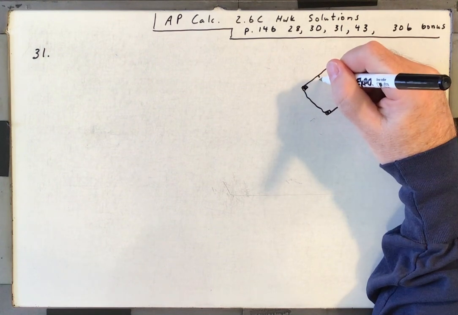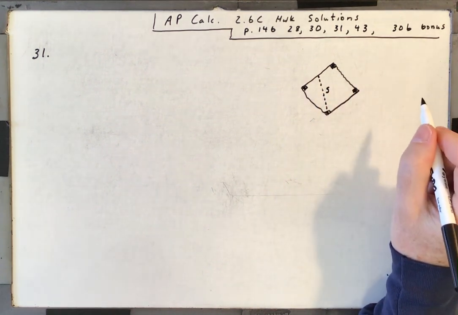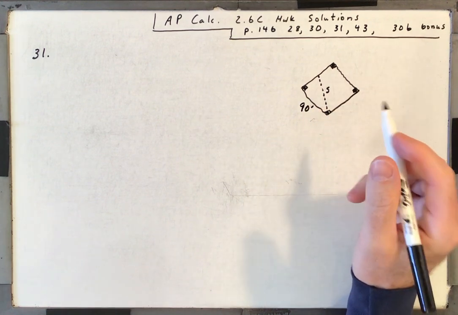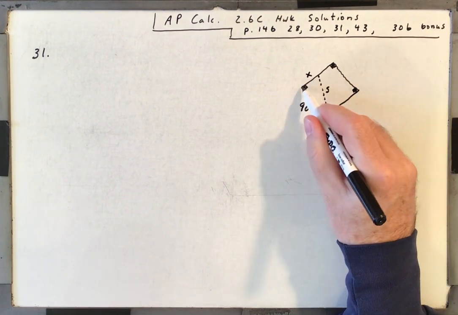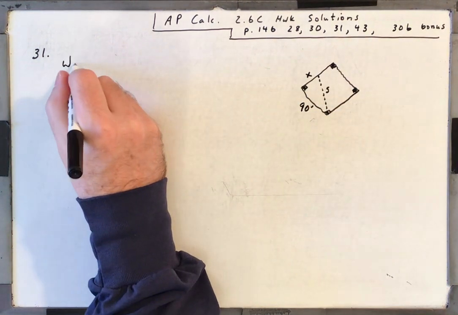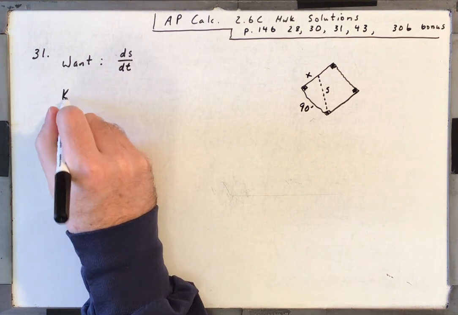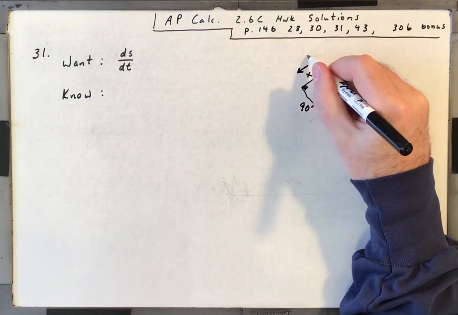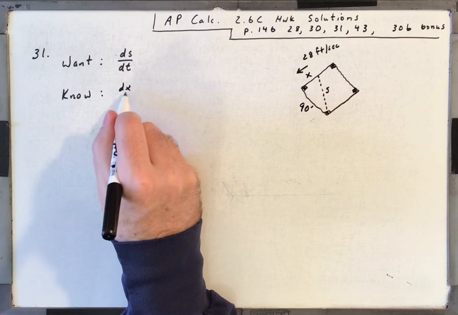Okay, so the player is 30 feet. So we're calling that S. That is 90 feet. The player's 30 feet. I'm going to call that X. So it's this right triangle that we're concerned about. So what we want is ds/dt. What we know is the player's speed is 28, right? 28 feet per second. So we know that dx/dt